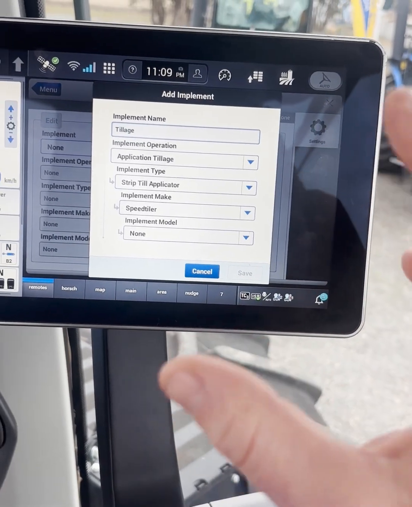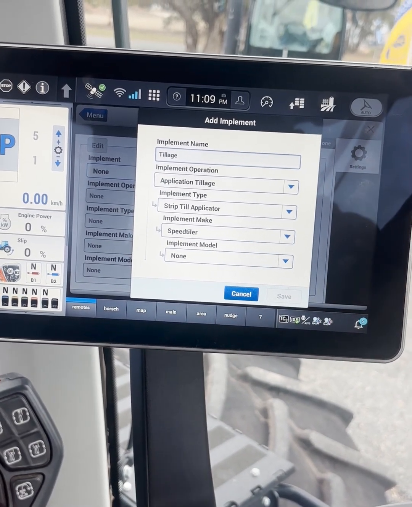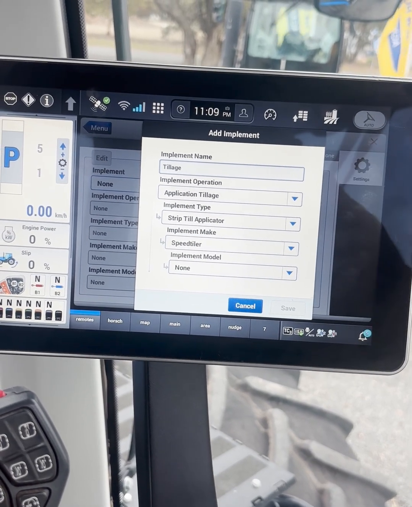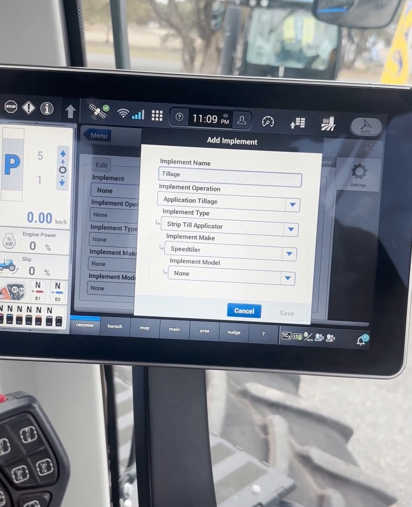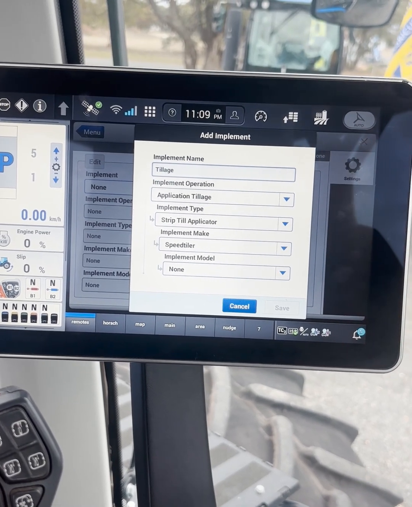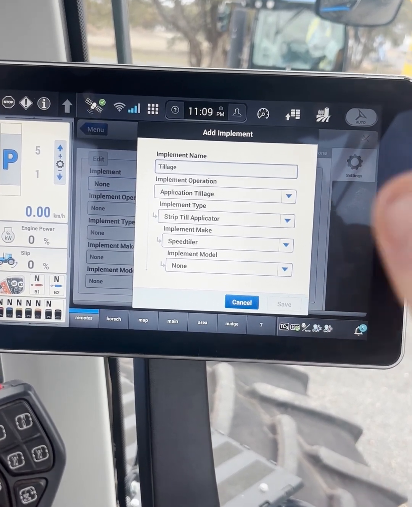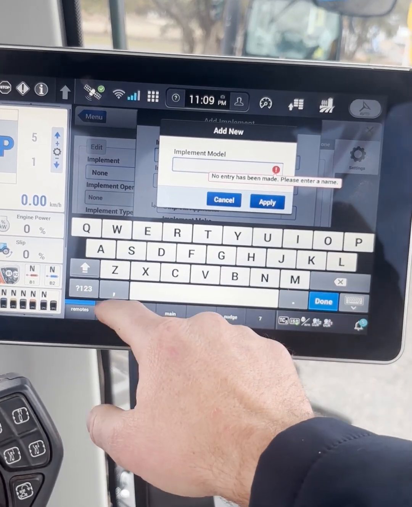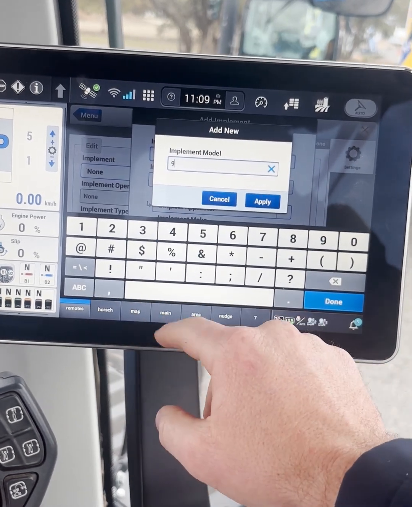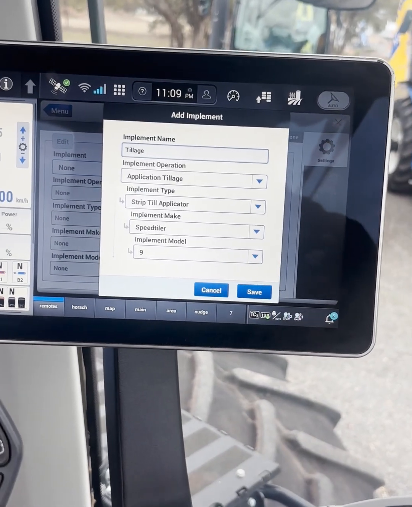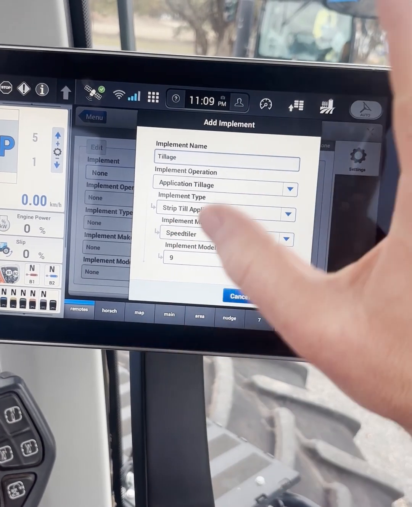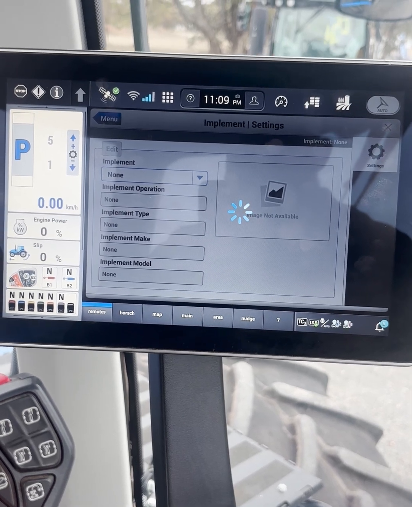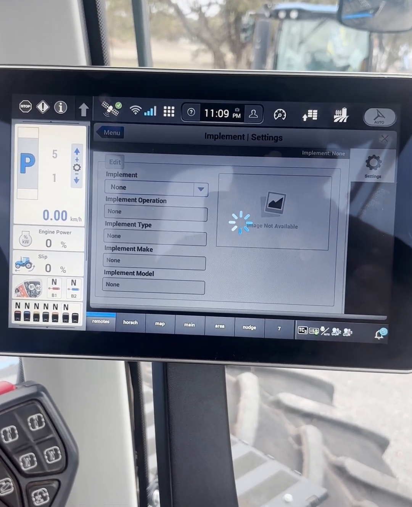If you don't have an implement loaded and you go to switch it on, whether you have an air seeder on with no VR, or you have a chaser bin on, you have to load an implement with measurements, otherwise it will not load any swaths. I've put 9 in because I will tell it it's a 9 metre speed tiller. You set it up how you wish, and it will load. Then we're going to put some measurement parameters in,